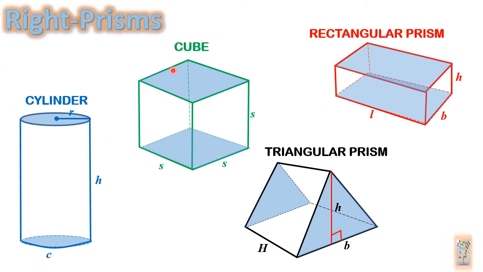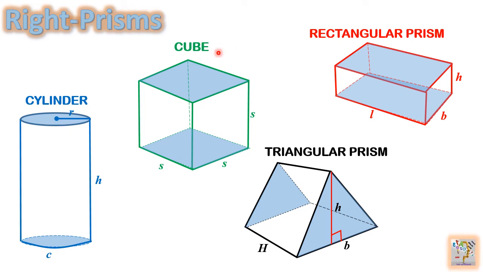And remember, we actually name our right prisms looking at the two-dimensional shape that was translated. So if it's a circle that was translated, then we have a cylinder. If you don't want to call it a cylinder, you can call it a right circular prism, because it is generated by moving a circle. Okay, and the second one is actually generated by moving a square up or down, okay,